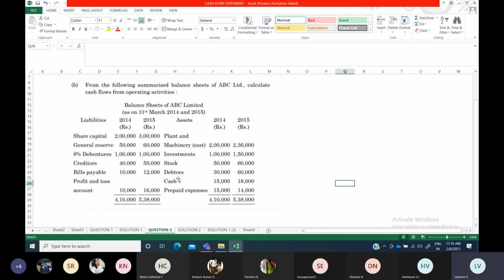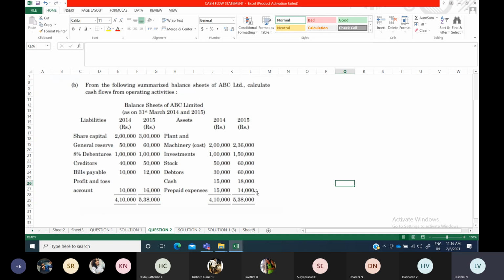Accounting Standard 3, if you are doing as per that, cash will come at the end only. This opening balance, you will take it up and add with your answer, and you will find your answer as 18,000. If your answer is also 18,000 and you are getting this question amount of 18,000, your answer is right. So at the end only you have to take this opening balance and closing balance, and it will match with our answer.